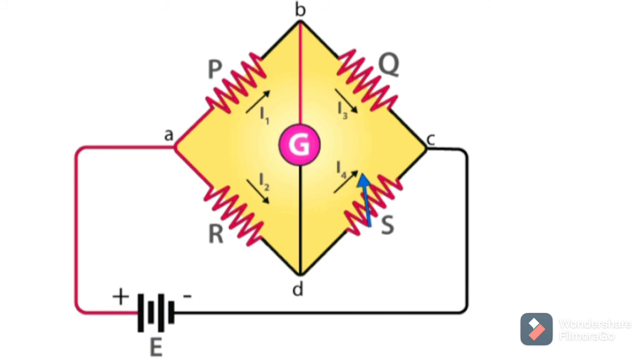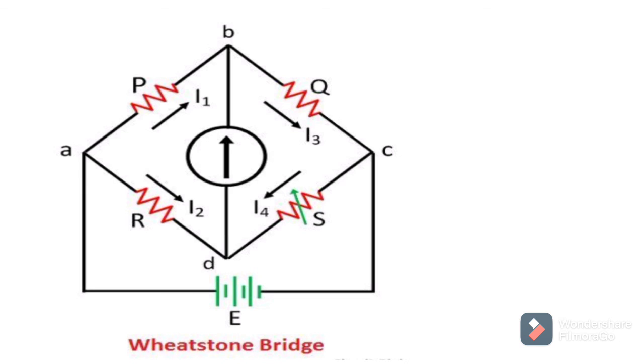Now move on to the limitations of the Wheatstone bridge. The Wheatstone bridge gives inaccurate readings when it is unbalanced. The Wheatstone bridge measures resistance from a few ohms to mega ohms. The upper range of the bridge can be increased with the help of the applied EMF, and the lower range is limited by connecting the leads at the binding post.